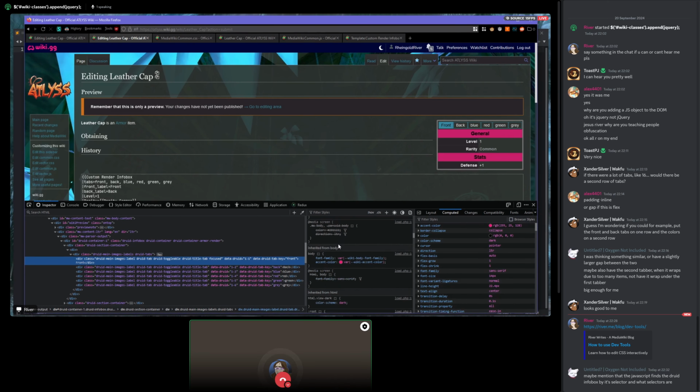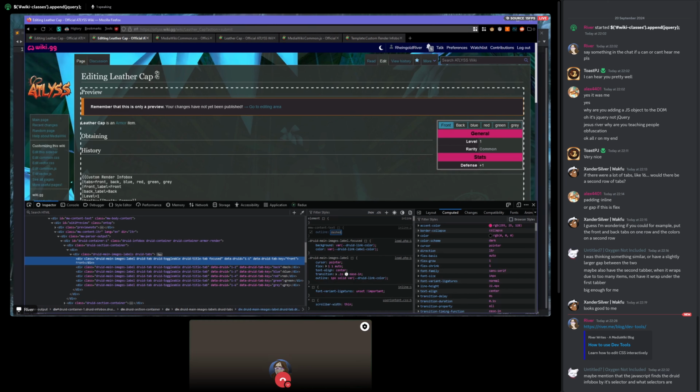So okay, I want to make another selector here to show another kind. If I say MW content text outline, did I misspell that? Oh yeah, because I'm not there. Okay, outline 2 pixels. Wait, what did I want? Dashed. Fine, outline dashed. So this hash here, pound sign, number sign, whatever you want to call it, that's for